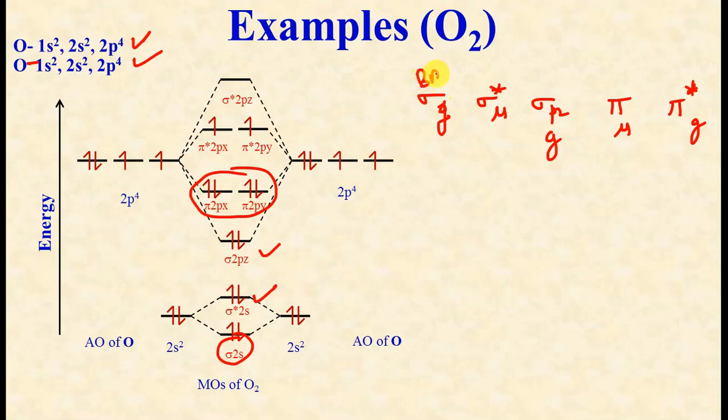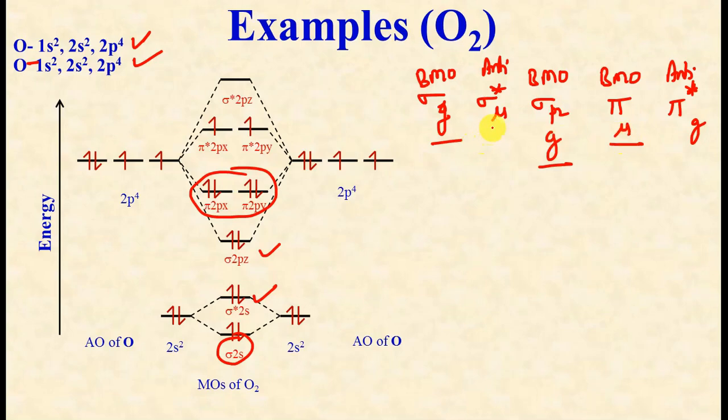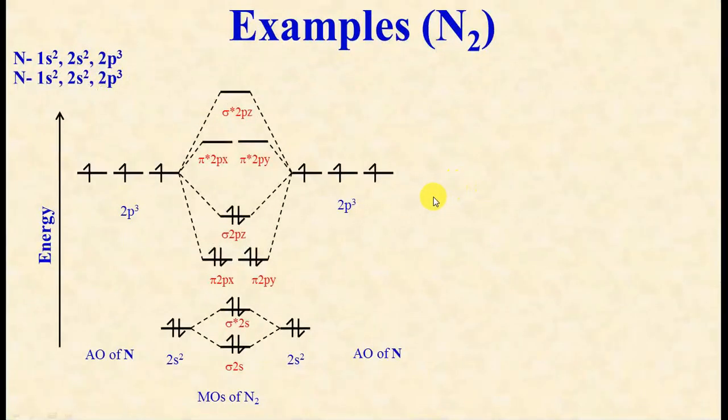So this is the way of arrangement. These were bonding molecular orbitals, this was anti-bonding molecular orbitals, again bonding molecular orbital pi, and anti-bonding molecular orbital pi star g. So sigma bonding molecular orbitals will be assigned symbol g, and pi molecular orbitals which are bonding in nature will be assigned sign u. In the case of anti-bonding sigma molecular orbitals, the sign will be u, meaning they will be unsymmetric with respect to the center of inversion, and anti-bonding pi star molecular orbitals will be assigned sign g, because they are symmetric with respect to the center of inversion. So this is the example of the molecule.